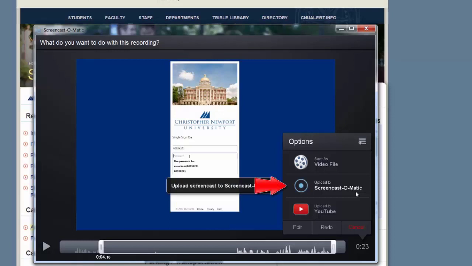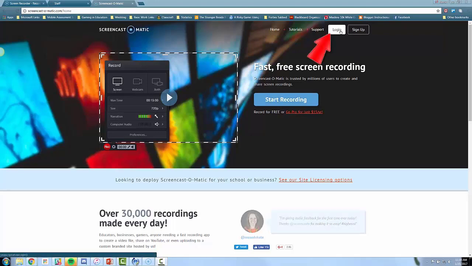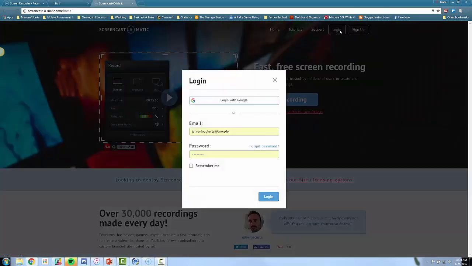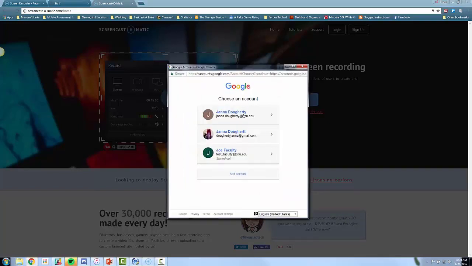Screencast-O-Matic provides the opportunity to create a free login on their website where users can upload and store their screencast videos. The login for this video storage location can be found on the same website where we launched the recorder, screencast-o-matic.com. You can see the login button here at the upper right. With the resulting window, you can use an email and a password, or if you use the login with Google option, you can use your CNU credentials,